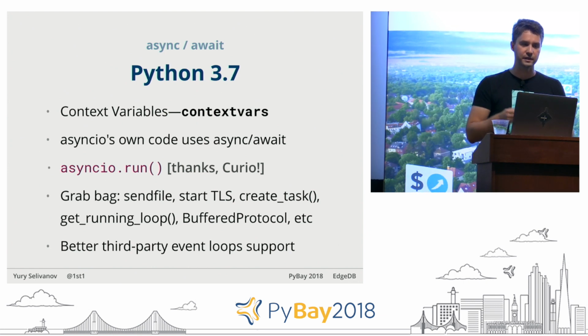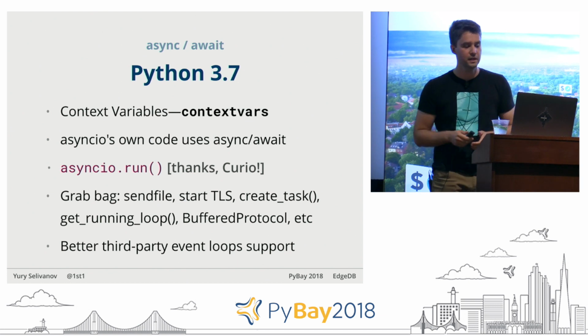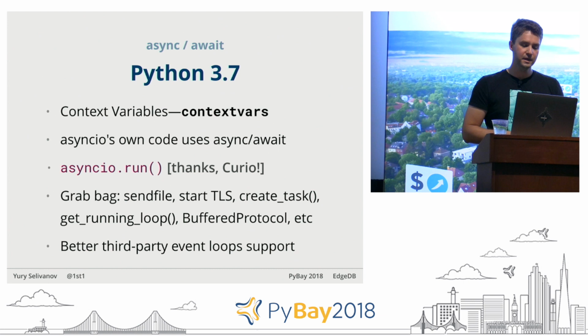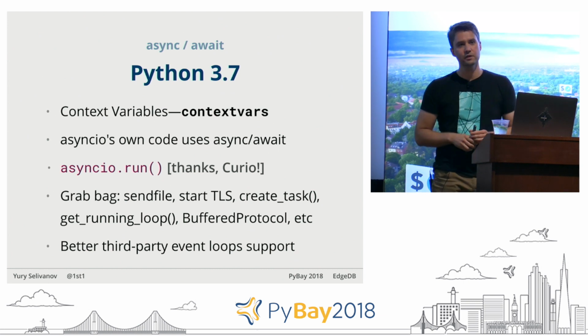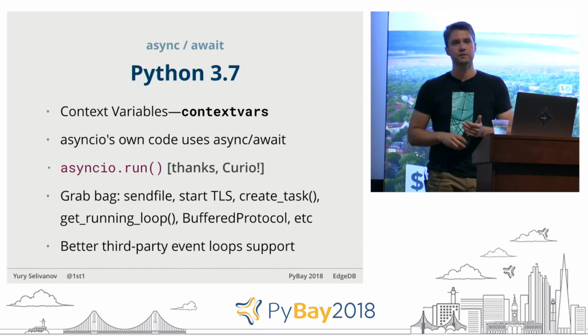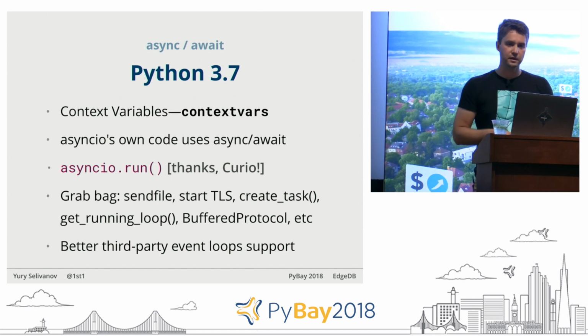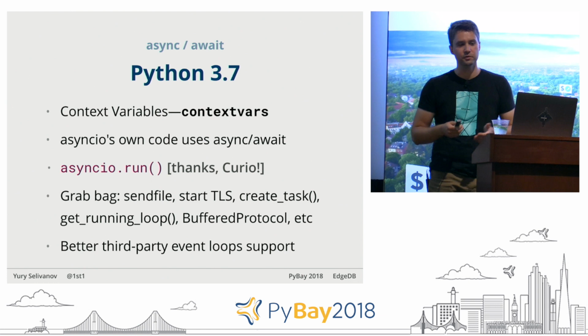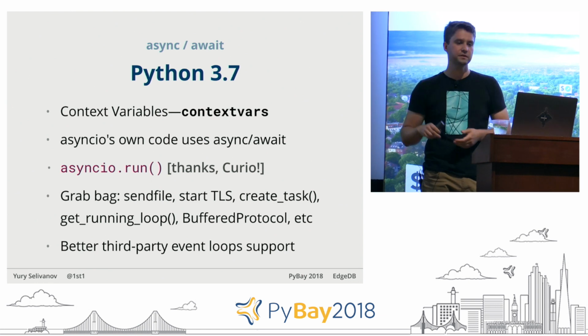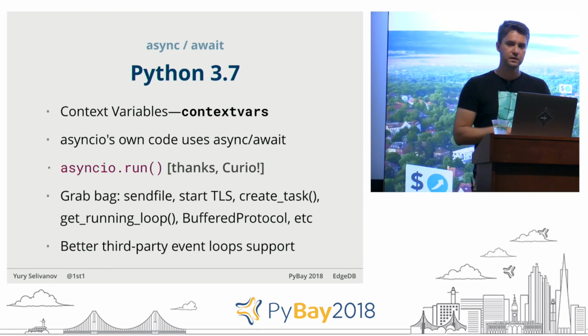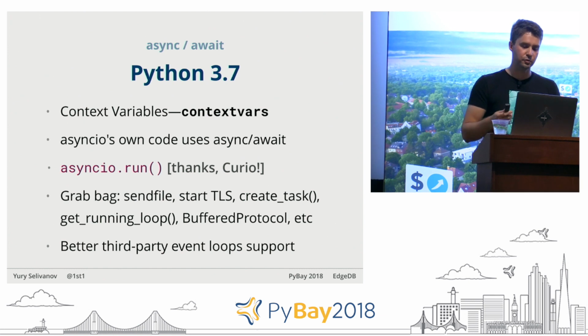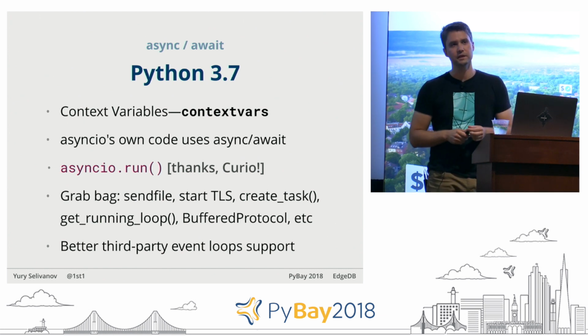You will now see some clean async await code, and you won't see those strange and weird yield from expressions and generators. We now have the asyncio.run function, and this is something where credit goes to Curio. As soon as I saw Curio and the Curio run function, I wanted to have it in asyncio, but unfortunately we missed the window in the Python release schedule, so we had to wait until Python 3.7 to finally have this